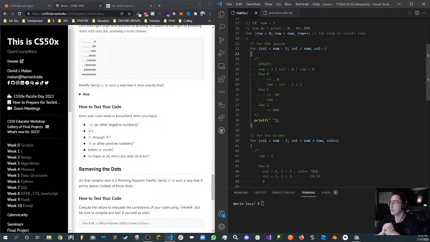For example, right now I'm asking myself, why do I want column to equal number minus 1? And the reason I want it to be minus 1 is because